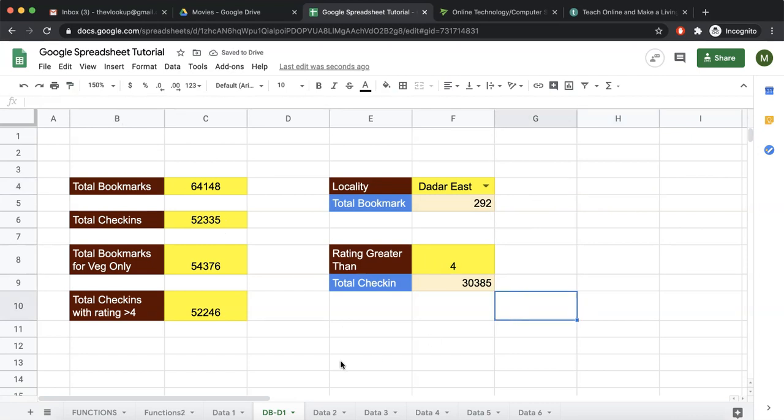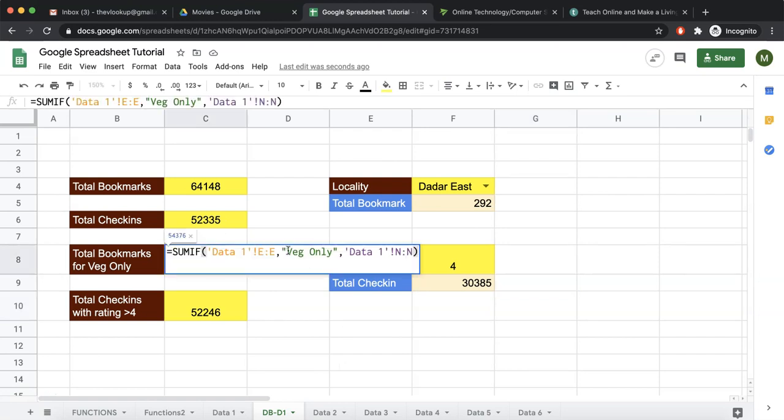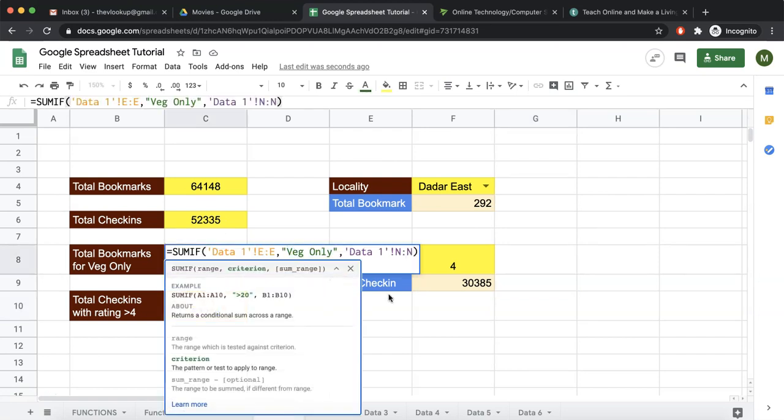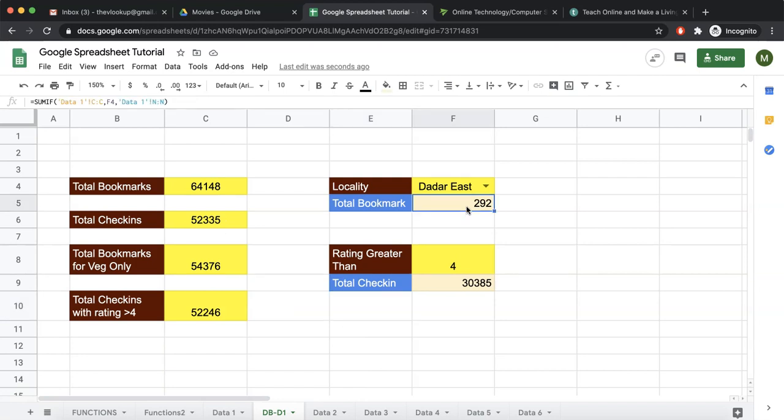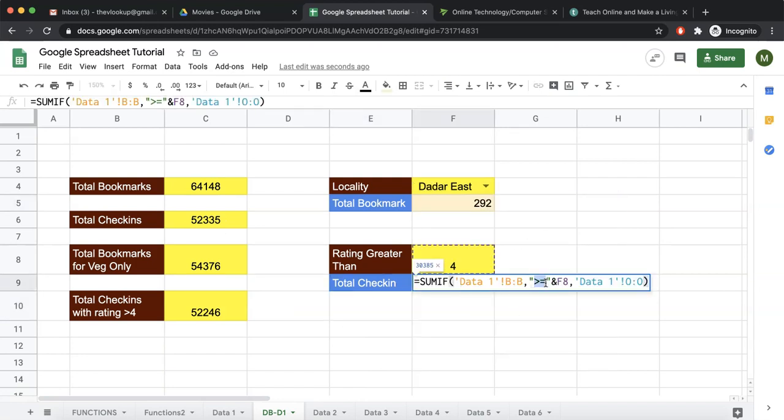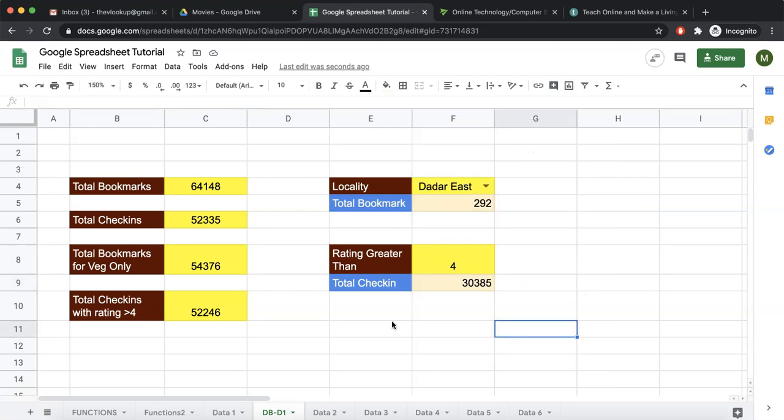So with this we have covered everything that we need to know about sum if. We know how to select a range, we know how to decide the criteria, and we know how to select the sum range. If the criteria is constant, we do something like this. If the criteria is not constant but referring to some cell, we do reference, or if it is referring to cell greater than equal to, then we do like this.